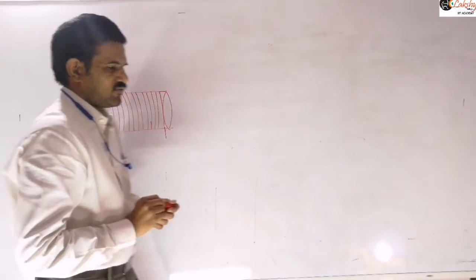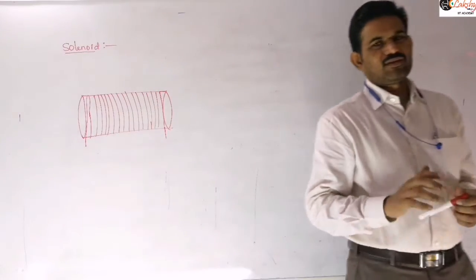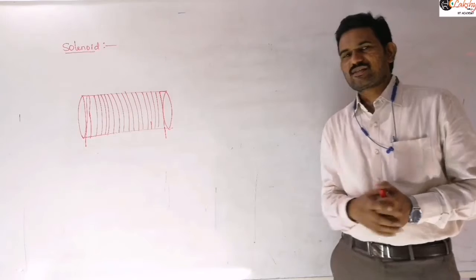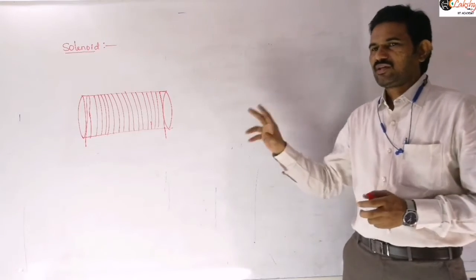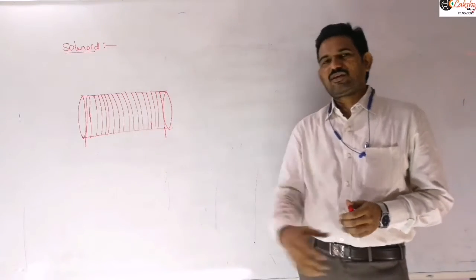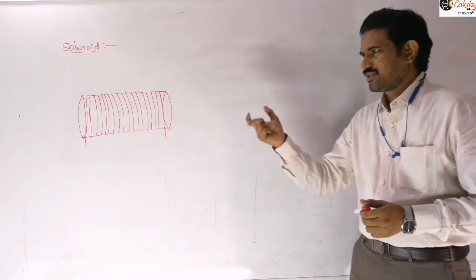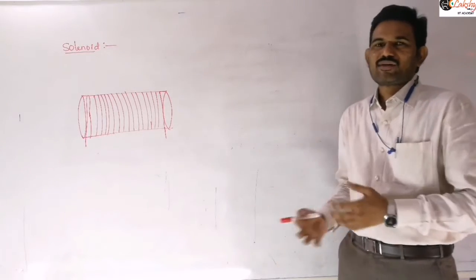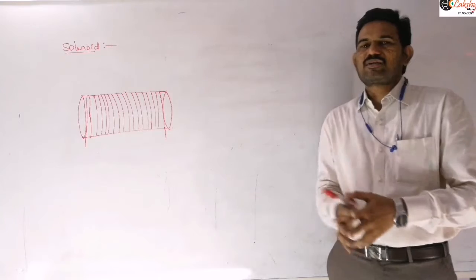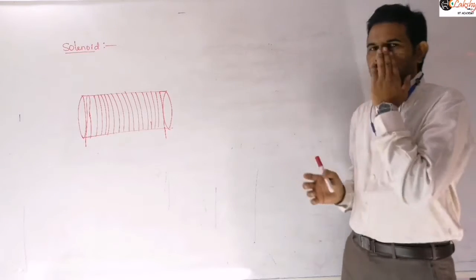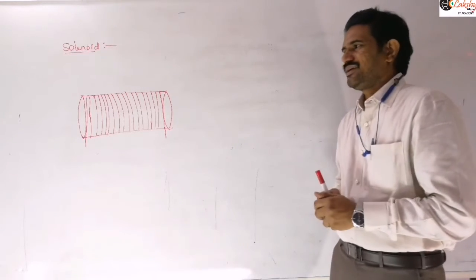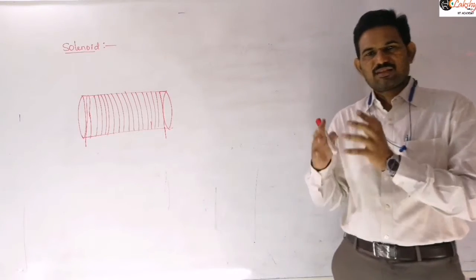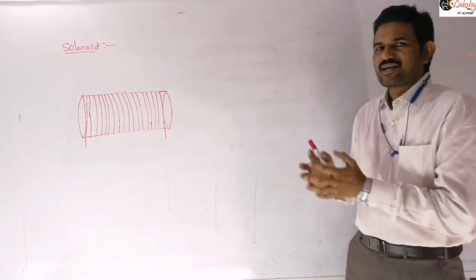I think all of you know about this. With the help of this, we can produce electromagnets. When we place some core material, like soft iron, inside the hollow pipe, and you switch on the circuit, that means when current is passing through it, it will behave like a magnet, right? That is nothing but an electromagnet. So basically, the solenoid is used to produce a desired magnetic field.